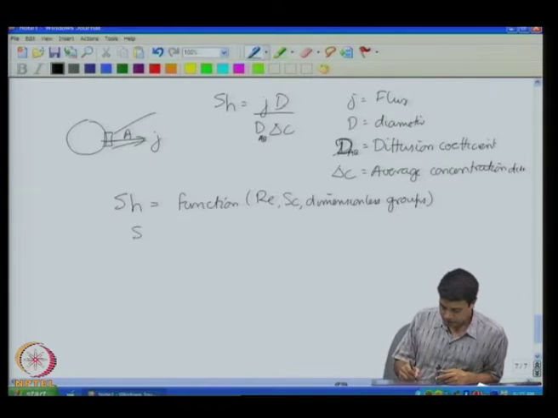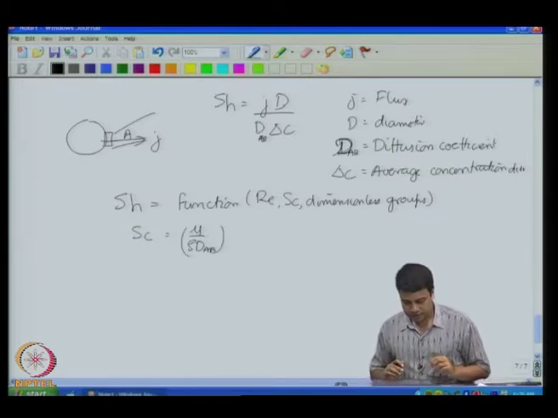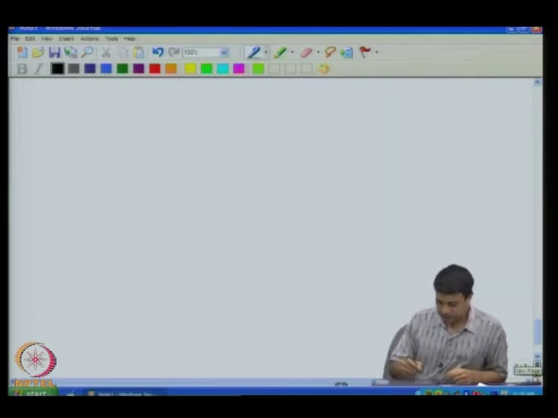Where the Schmidt number is the ratio of diffusivities, equal to mu by rho D_AB. So these are dimensionless relations that are obtained. The dimensionless groups for momentum transfer are a little more complicated. Momentum transfer results in an exertion of a force on a surface. So for momentum transfer,